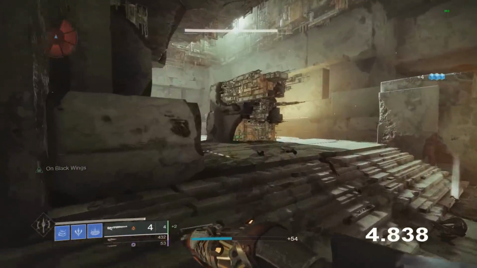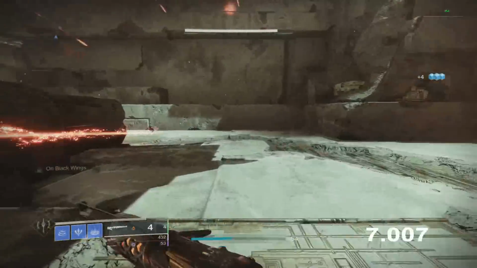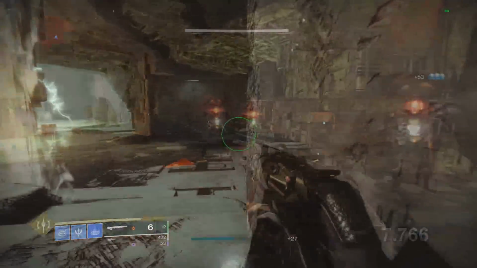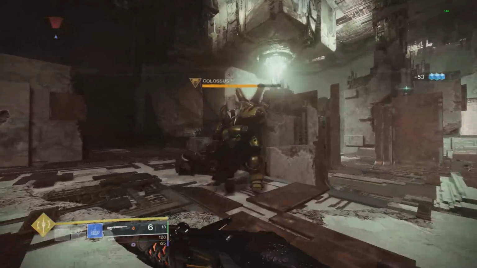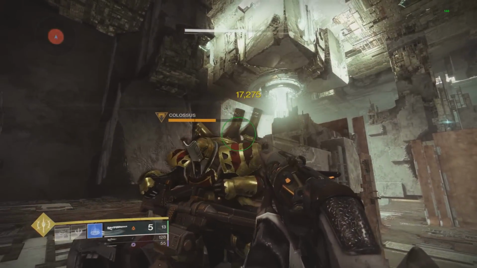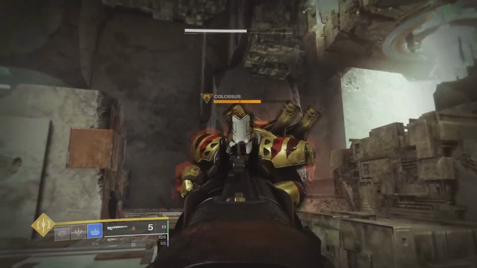So if we first get a stack of ×1, then get a precision hit while we already have the buff, it will now last for almost 7.8 seconds. So it goes up by roughly 0.8 seconds per precision hit. And if we now go look at the damage on Carl, the hipfire hits for 17,275, then the slug will hit for